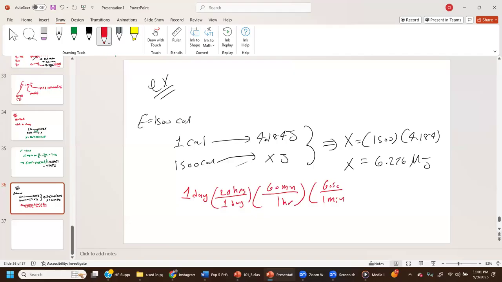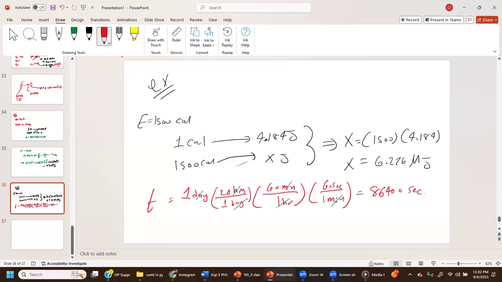The minutes cancel out, the hours cancel out, the days cancel out, and we have seconds. So our time is going to equal 86,400